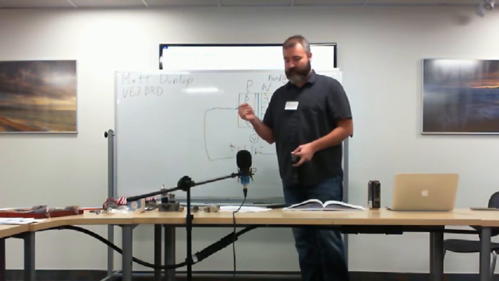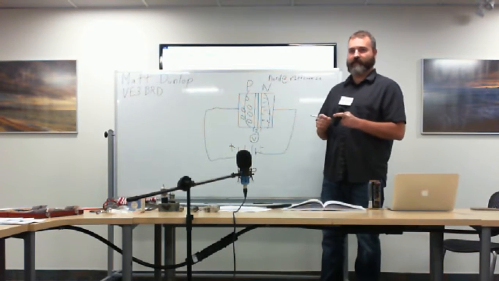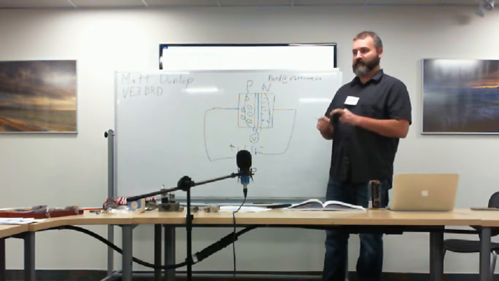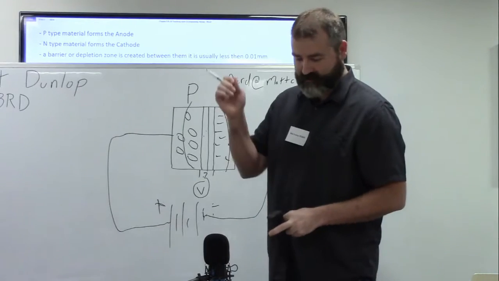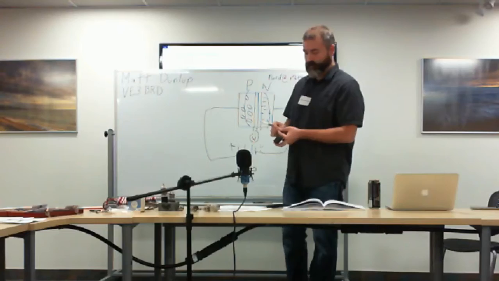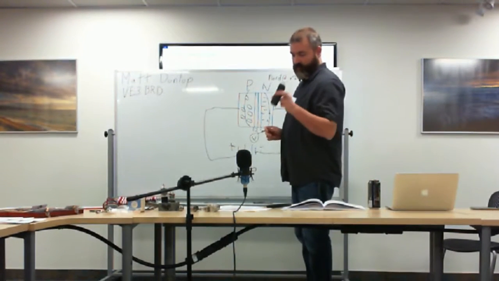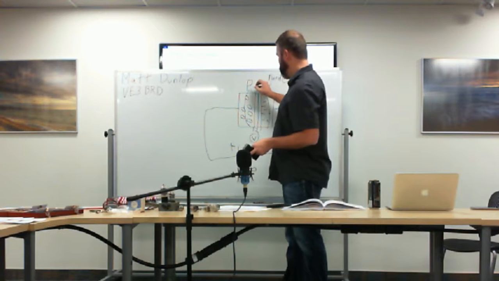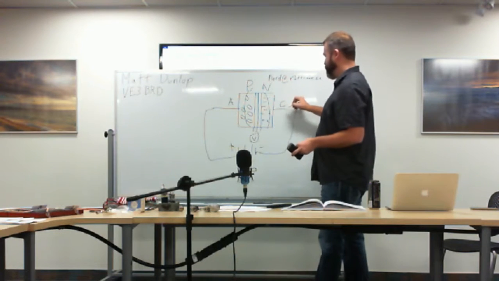So diodes are used frequently in the demodulation process in a signal. You're going to need to remember that for the test. It's in my notes. Diodes have two ends. One end is called the anode and one's a cathode. The P material is the anode. So this is the anode over here, this connector, and this is the cathode here on the negative side.